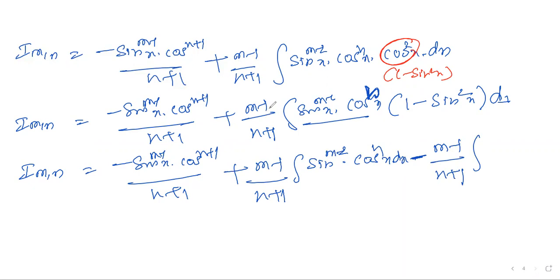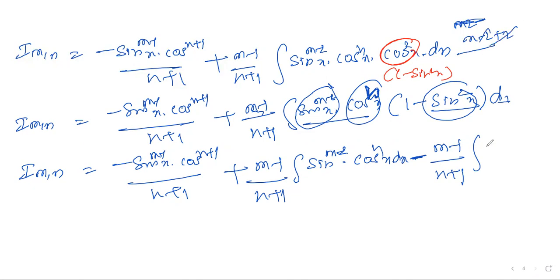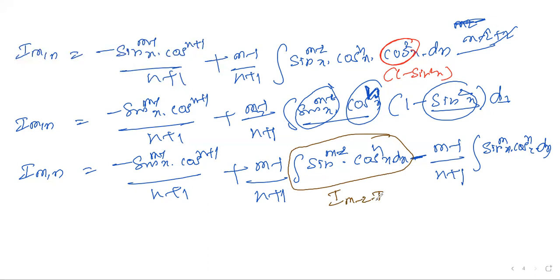This you need to understand very clearly. (m minus 1) by (n plus 1) into sin^(m minus 2) x cos^n x into sin square x. So sin^(m minus 2) times sin square becomes sin^(m minus 2 plus 2); this cancels, sin^m x will come. Next cos^n x as usual into dx. Small interesting concept. This portion I can write as I(m minus 2, n), because the question looks like I(m,n). Here m minus 2 means I(m minus 2, n).